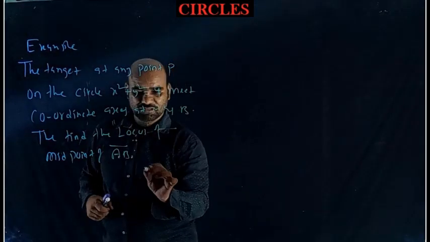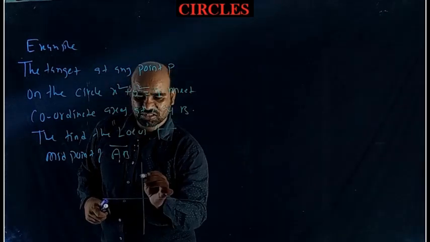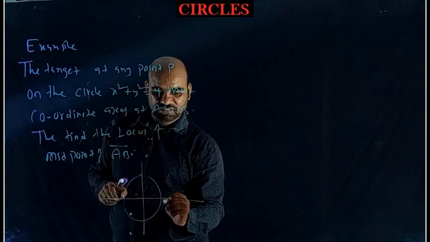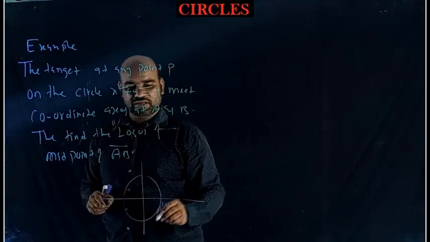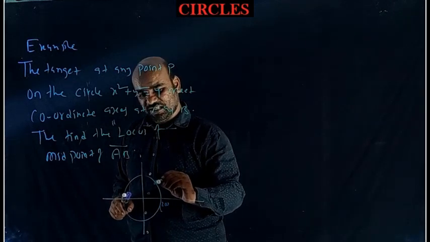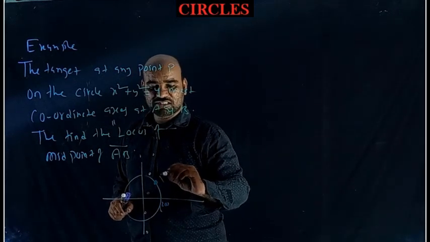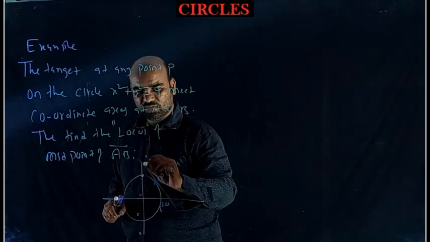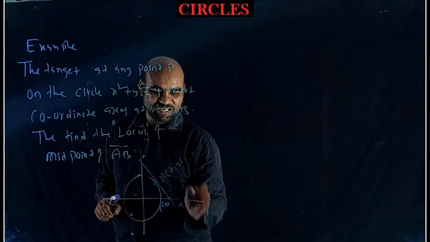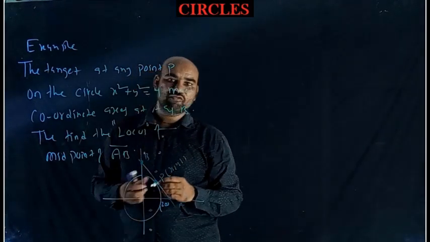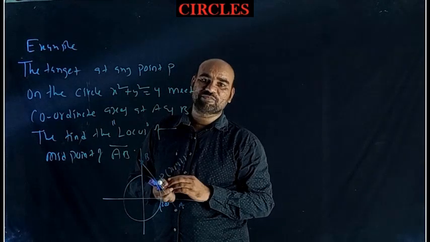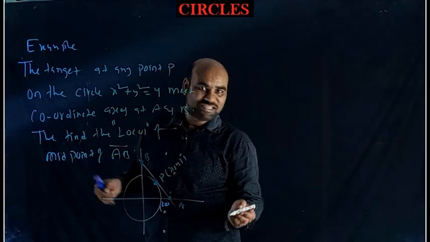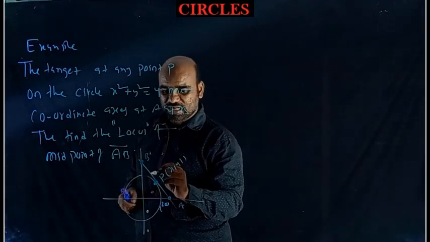Observe here. This is the coordinate system, this is the circle. The basic circle x square plus y square equal to 4 means the radius is 2. Any point is taken on the circle. Say this is P, say (x1, y1). Through this point a tangent is drawn. The tangent intersects the x-axis at A and the y-axis at B. Now we want to find the locus of the midpoint of line segment AB. Don't think that this is the only midpoint. Through P you can try infinitely many tangents. So let us assume that this is the midpoint.